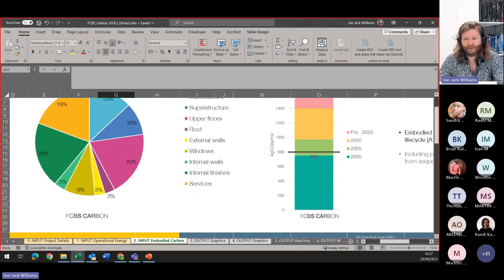I'm going to stop sharing. We can come back and have a look at it if there are particular Q&As. What I would say is I'll put the location to download it from in the chat, and then you can all feel free to download it and have a tinker with it. Let me know if there are things you think are missing. Let me know if things are good or bad. It's all still under development. But with that, I'll hand back to Randy, who's going to introduce Tom.